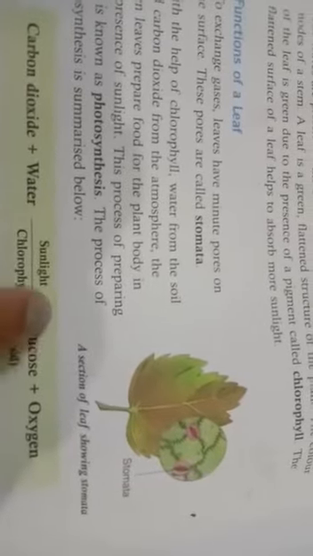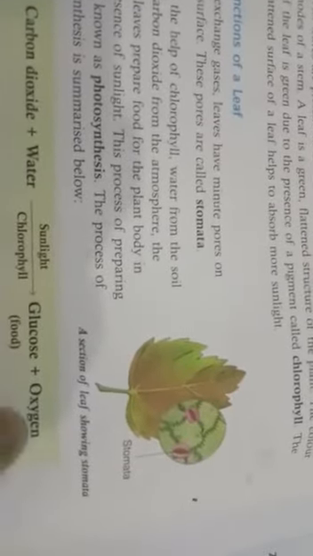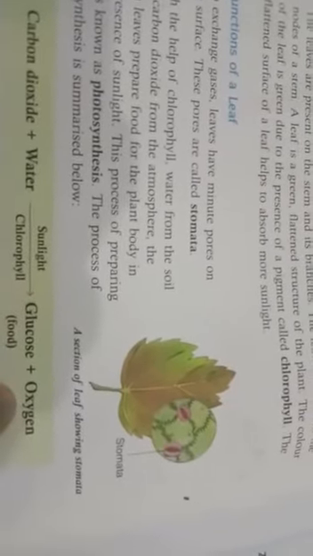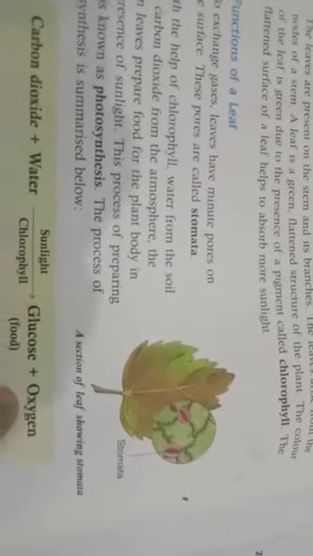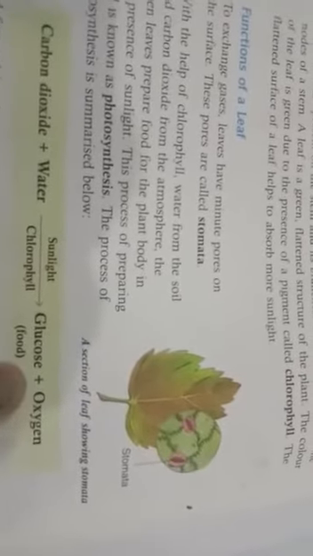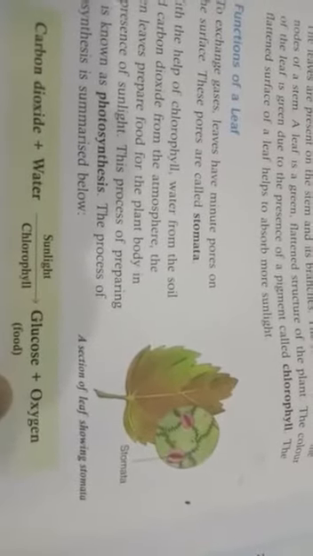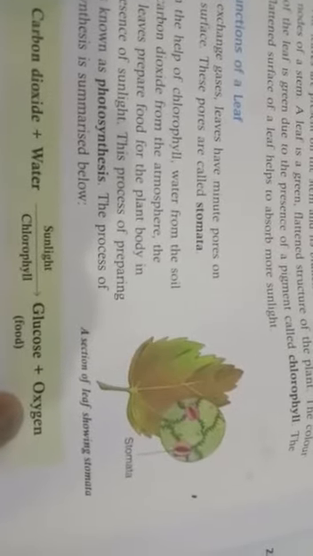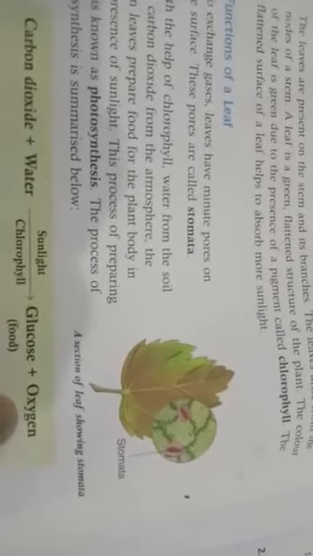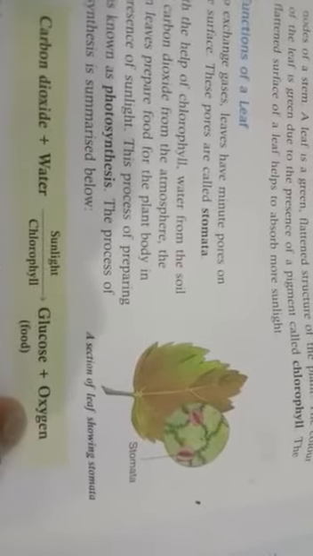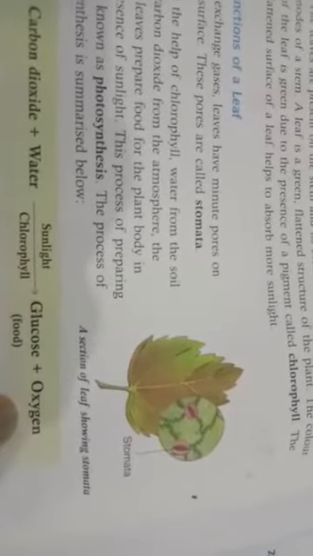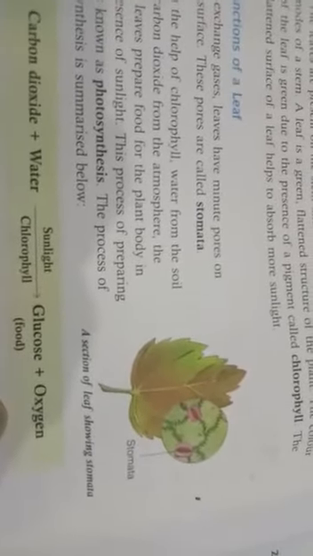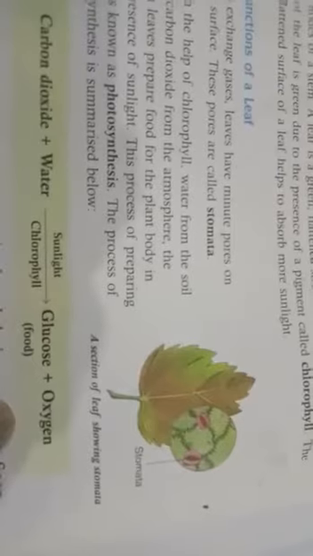And after the process of photosynthesis, one gas is released. This gas is called oxygen, the gas that we inhale. So human beings and plants are both interdependent upon each other, because in the process of photosynthesis, oxygen is released and we take in the oxygen, and after taking in oxygen we exhale carbon dioxide. This carbon dioxide is taken by the plant for making food. So human beings and plants both are interdependent upon each other.